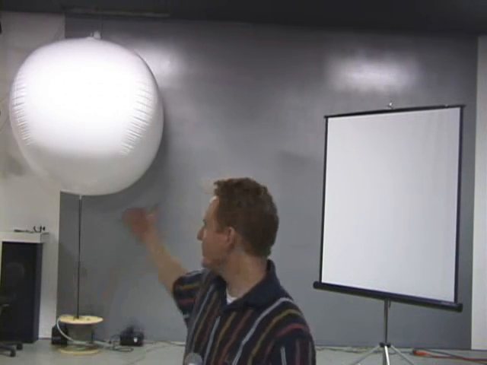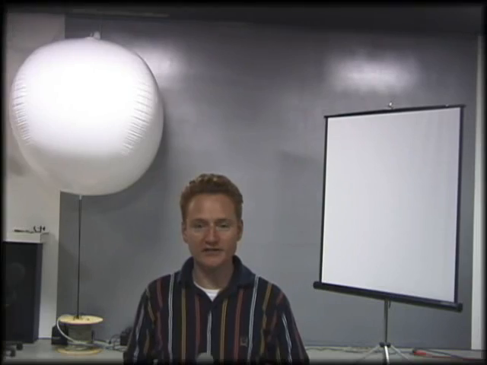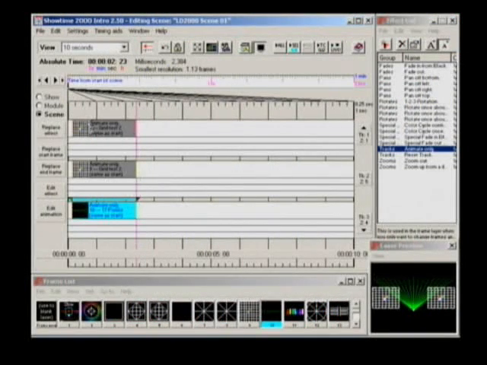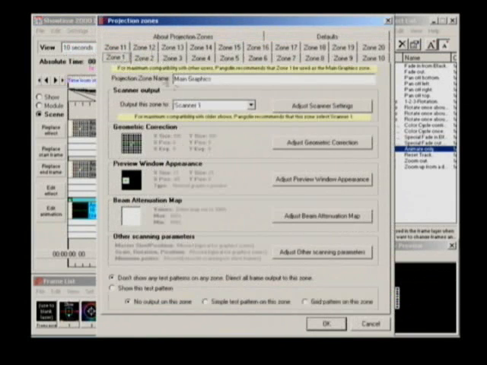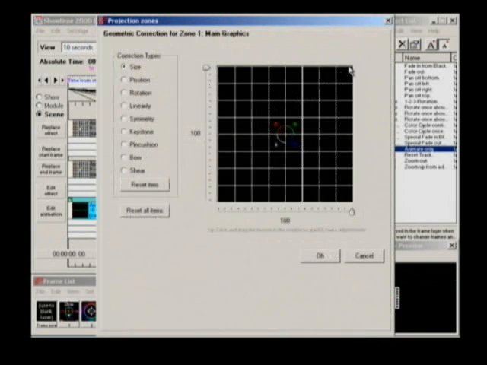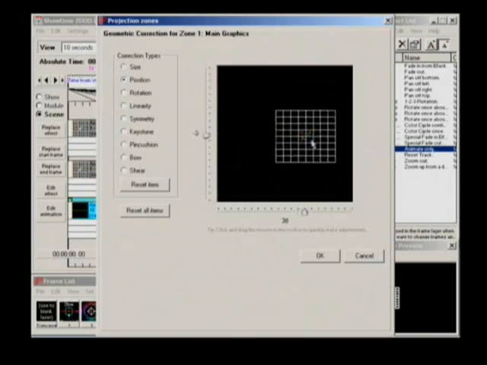In this case, the client neglected to tell us that the left screen is actually a spherical object, and the right screen is at a sphere angle. This is no problem for projection zones since each zone has its own geometric correction settings. You set up the geometric correction for each zone in a similar way that we set up the preview window. You select the zone, press the geometric correction button, then adjust the size, position, orientation, and other parameters for a